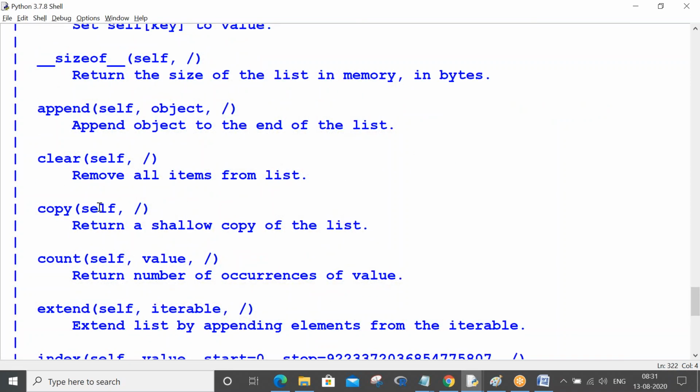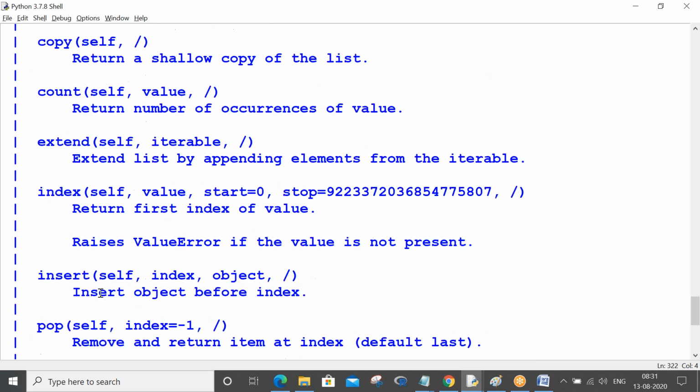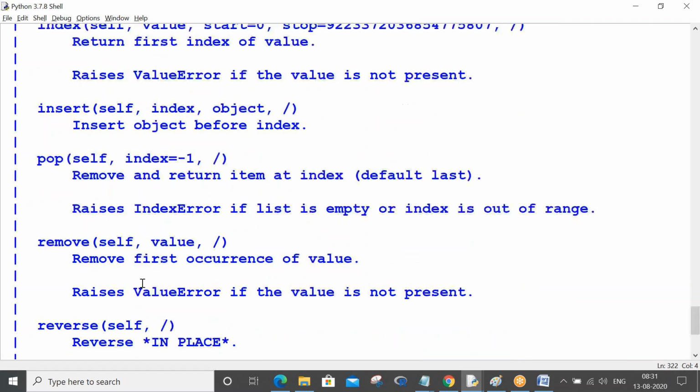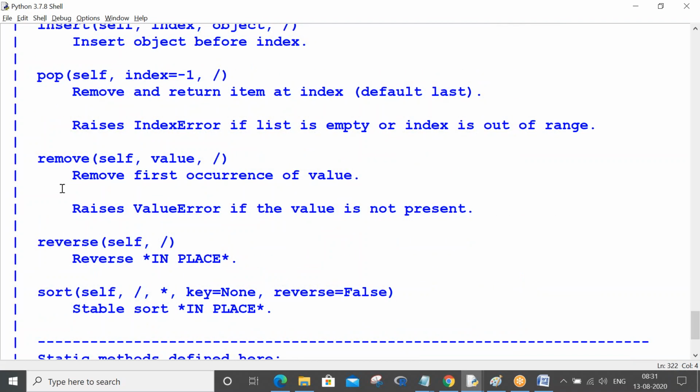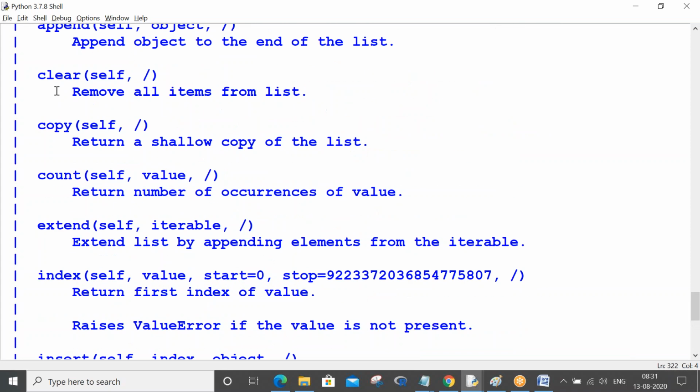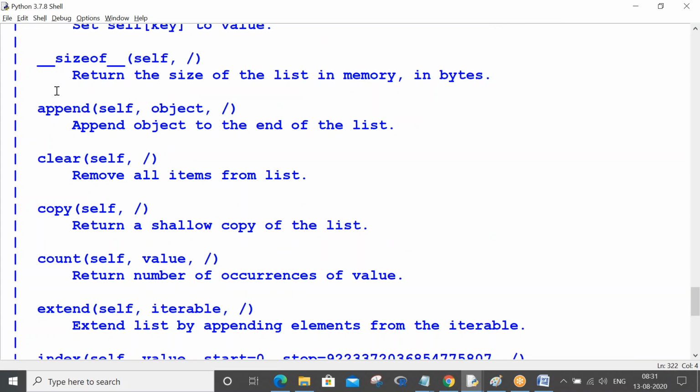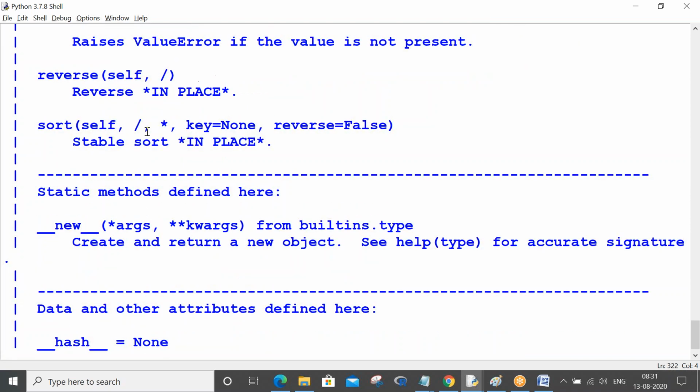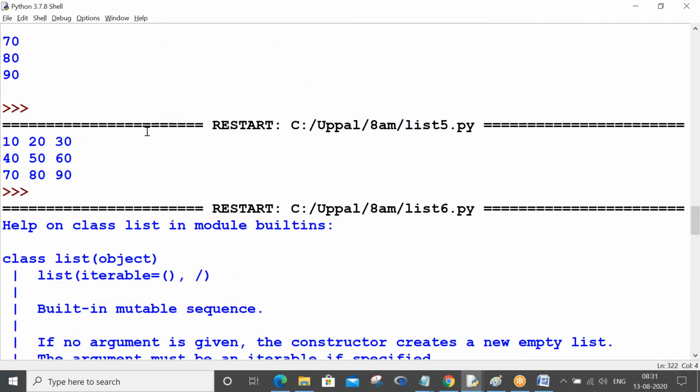And you see count, copy, clear, these are normal methods which I have shown for you in the notes. Sort, reverse, remove, pop, insert. If you have any doubts tomorrow for any class, just type help class name, and automatically the meta information of it will show.